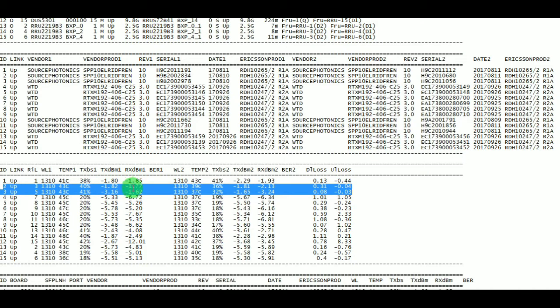Rx rate in decibels is minus 1.77. On the radio side, 39 degrees Celsius, Tx rate in bits per second is 36% for sector 2, and Tx in decibels is minus 1.81, Rx in decibels is minus 2.13, downlink loss is 0.31, uplink loss is minus 0.04.